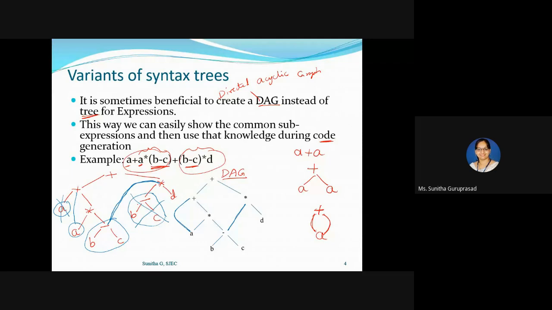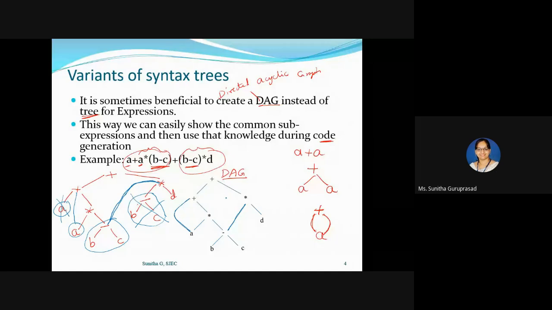So what it says is DAG actually gives the compiler important clues regarding the generation of efficient code to evaluate the expression. Clear?